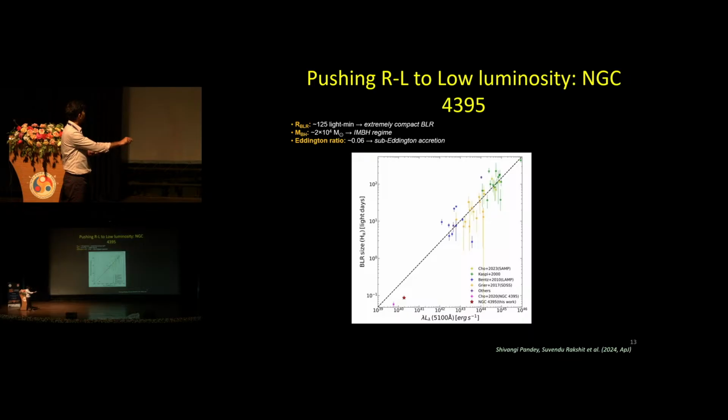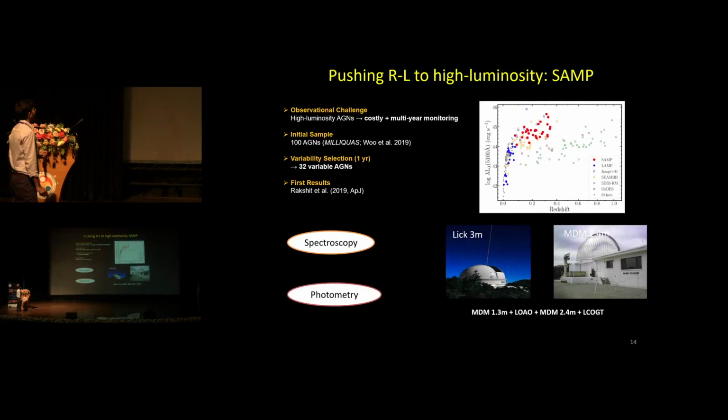All these AGNs are located here, and our NGC 4395 is located here, and this is another previous monitoring program where we did not get a successful lag. So, these are the observations that we found for NGC 4395. We are also pushing the RL relation to the high luminosity end,